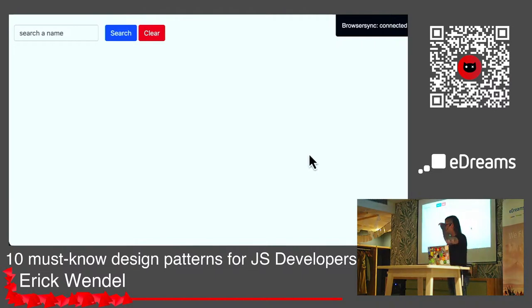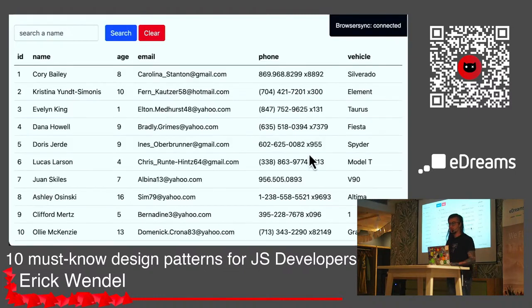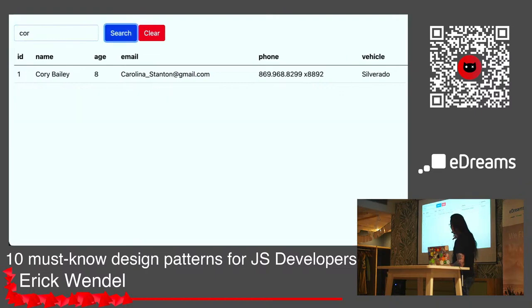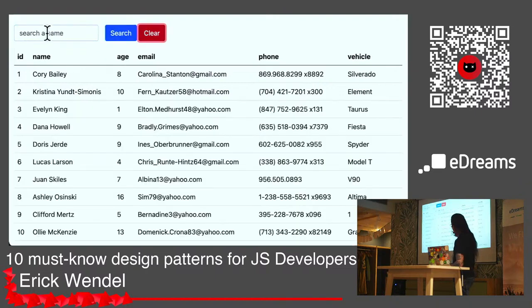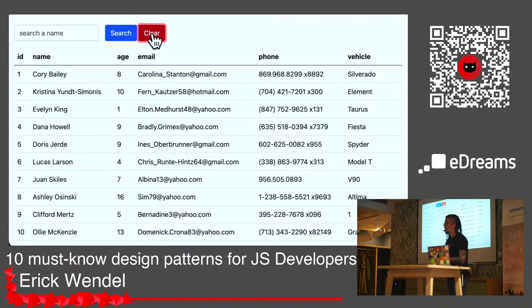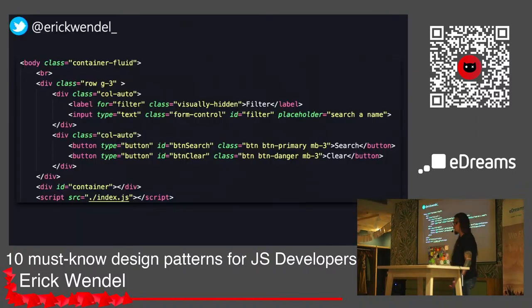Well, I told you I spent a lot of time on this because I built the whole application. This application is very simple. You know how my design techniques are, right? So it's just a table. When you put in some name, you can filter the table here. Pretty straightforward. This whole application is just a single file application, and we're gonna go step by step refactoring it and making it better, okay?